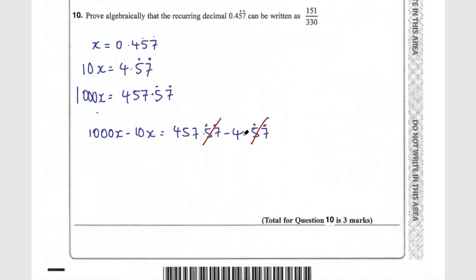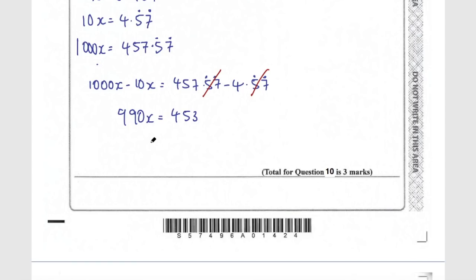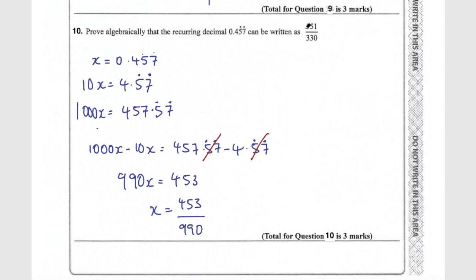So 0.57 recurring minus 0.57 recurring just gets rid of them, and then I just have to deal with whole numbers. So 1000x minus 10x, that's 990x, and then 457 minus 4, that will be 453. So then we can say that x equals 453 divided by 990, and then look back to the question and